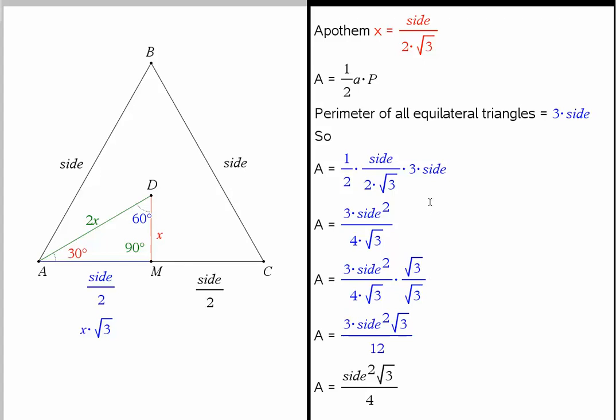Okay, now, I could stop there. It wouldn't be completely simplified, and I wouldn't be able to prove to the Diamond Brothers that we had the same formula, so I have to do what they call rationalize the denominator. And to rationalize this denominator, we should multiply by the same radical that's in the denominator, root 3 over root 3. That's really a fancy way to multiply by 1. We do that, we're going to get 3 times the side squared root 3 over 12. And then the 3 and the 12 simplify to give you 1 and 4. And lo and behold, the final of the 3 formulas for the area of an equilateral triangle has been proven using every method,